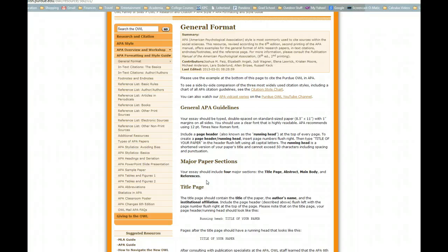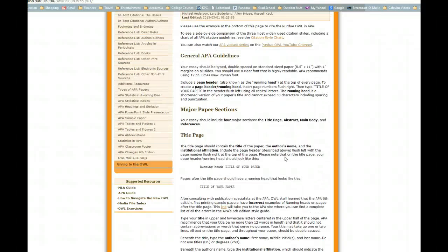So those are the 4 parts of an APA paper that you're going to be working on, and there's particular ways of doing this. For example, your essay should be typed double-spaced, 1-inch margins on all sides. APA recommends using 12-point Times New Roman font. So that's just some things that APA requires. And as we get into this, we'll learn how to do a page header or a running head and get all that taken care of. But we won't worry about that right now. All I'm concerned about is the